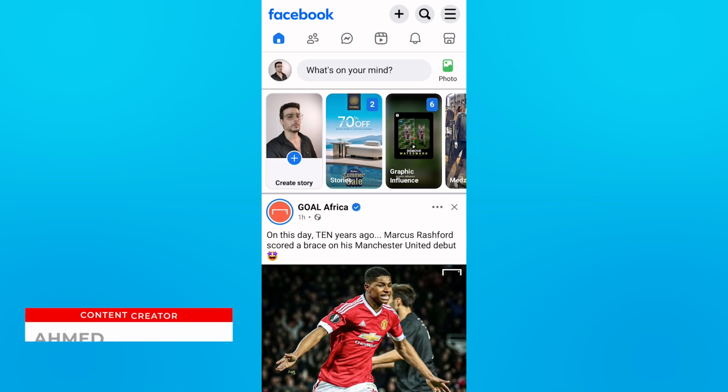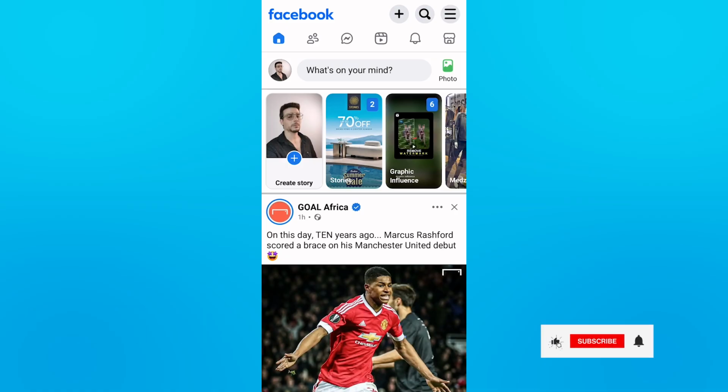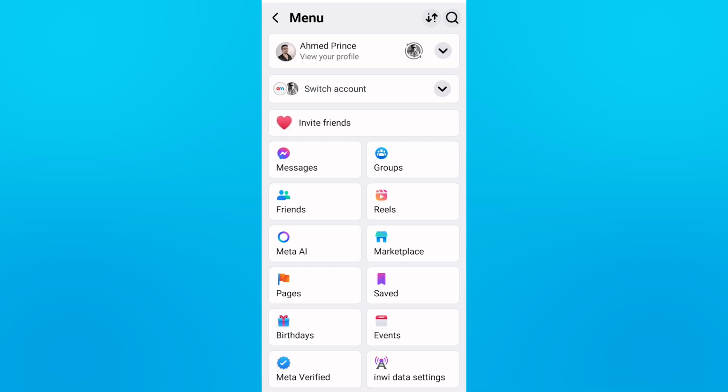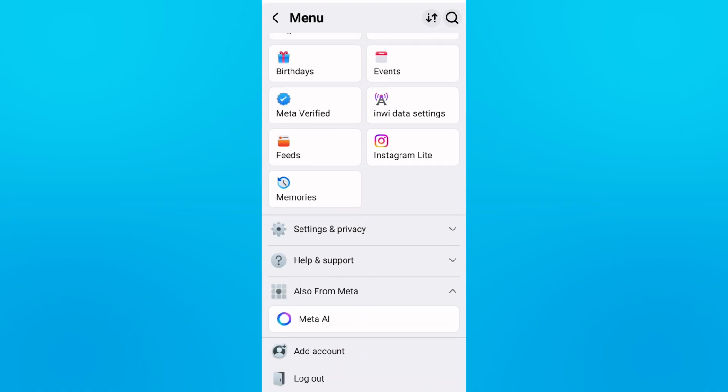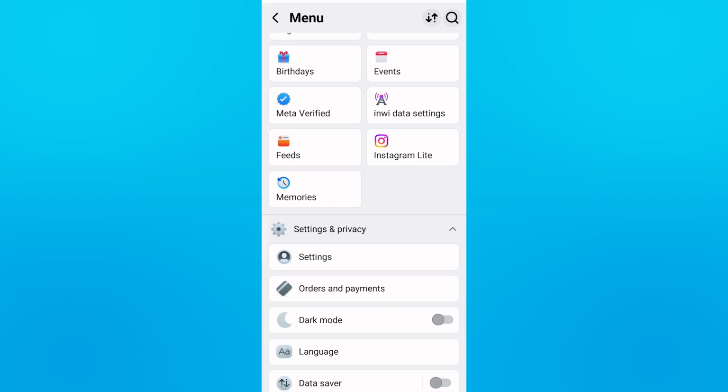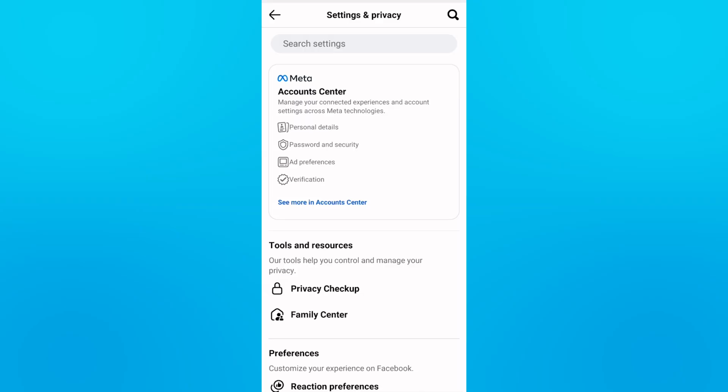My name is Ahmed and in today's tutorial I'm going to show you how to change your name on Facebook easily. Okay, first open your Facebook Lite app, then tap 3 lines, then scroll down, then tap Settings and Privacy, then Settings, then tap Account Center,